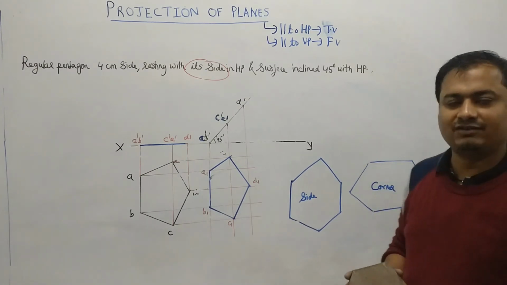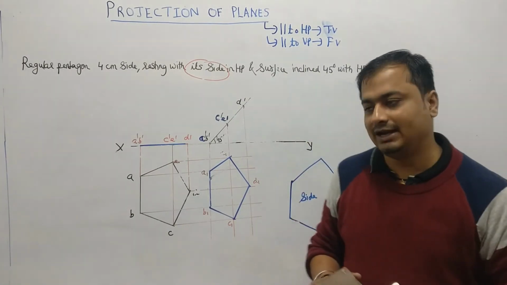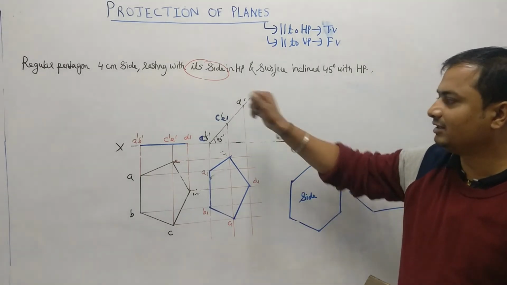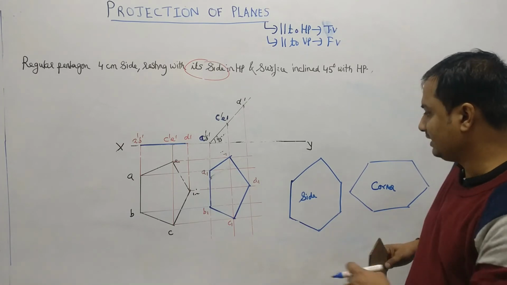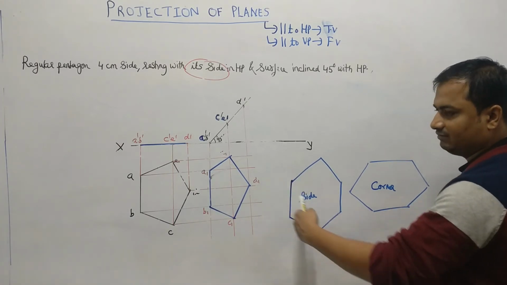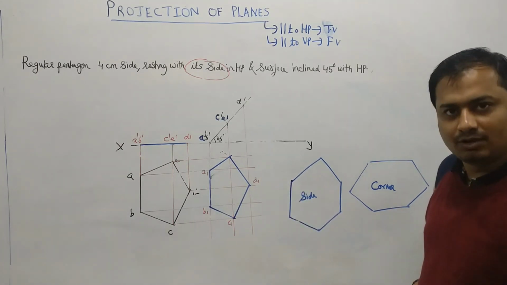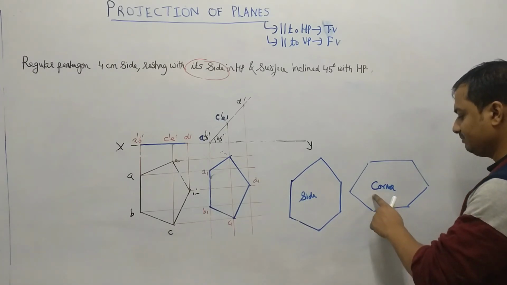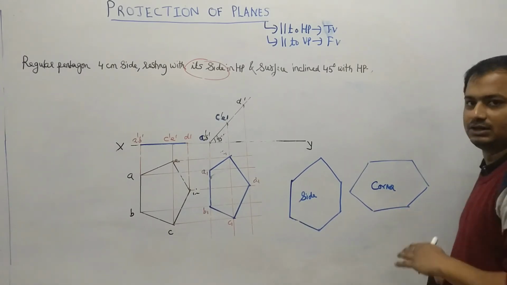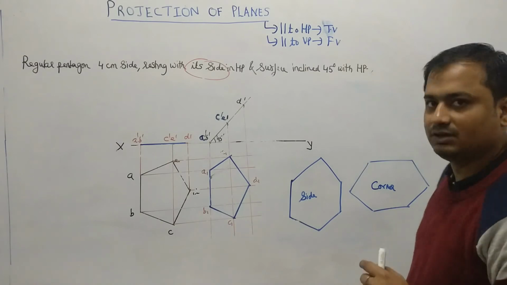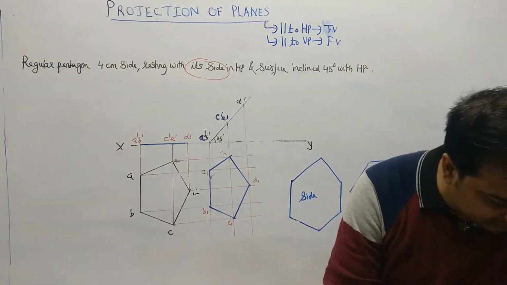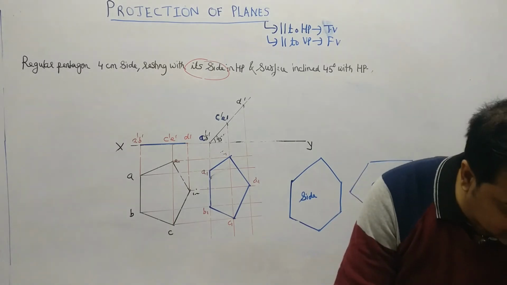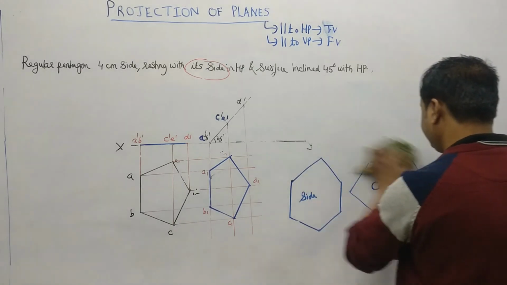So there are two cases by which you have to start your hexagon. It will be whether side problem, so you have to read the problem. If it is mentioned there resting with side, you have to start your hexagon by keeping one side vertical. If it is a corner problem, you have to start your hexagon by keeping one side horizontal. So these are the only two cases for the hexagon, and this is the solution of this pentagon. Okay. So I will be taking one more example, that will be for the circle.